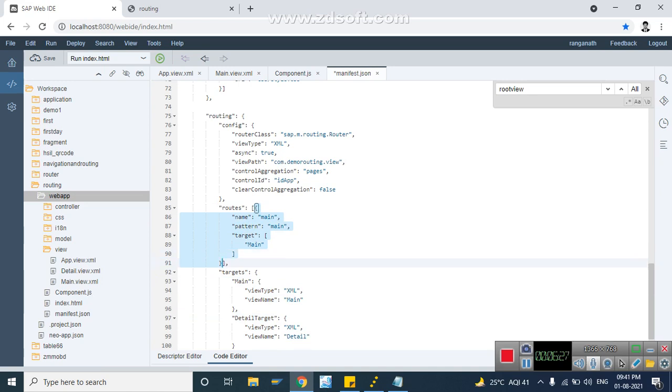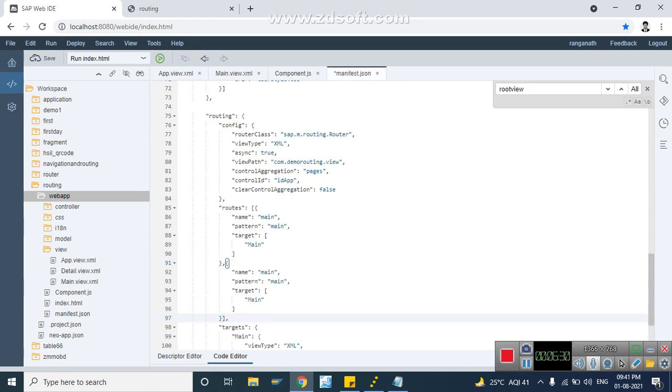Copy the existing routing and add a comma. This is the route name. I'll tell later why this route name is required and where we use it. For example, I'll say detail route name. The pattern I would give is detail.